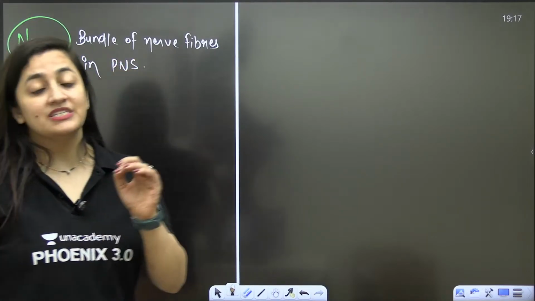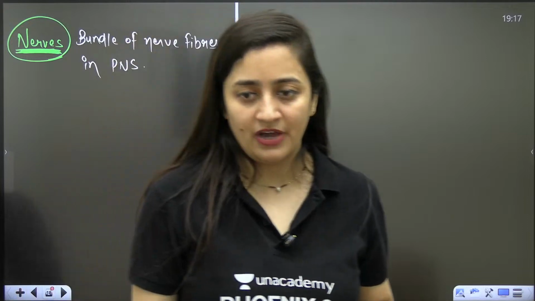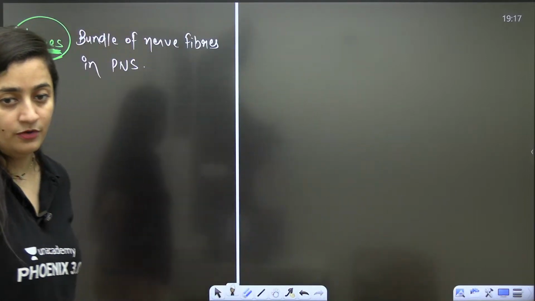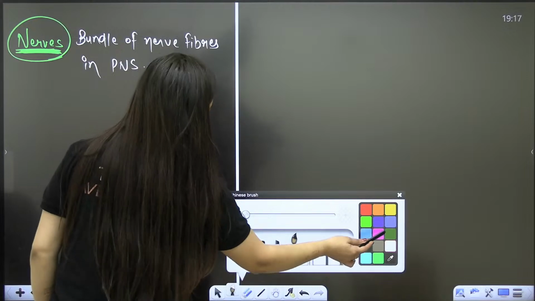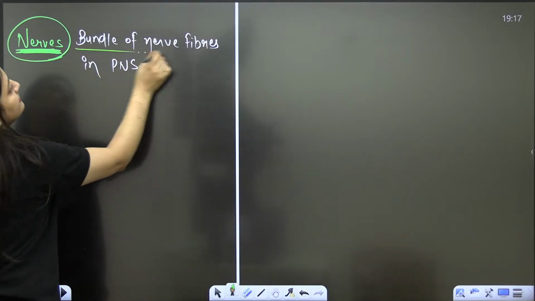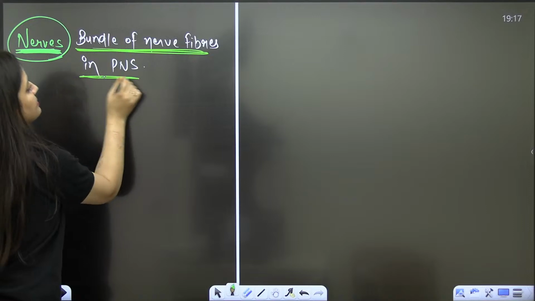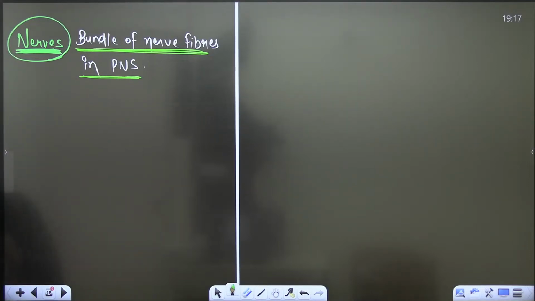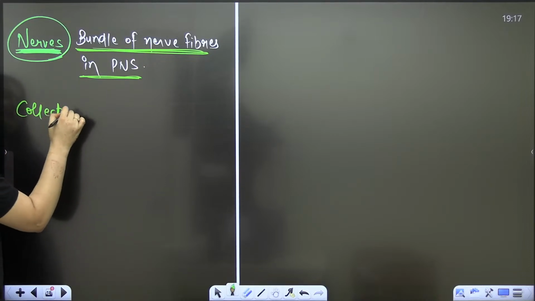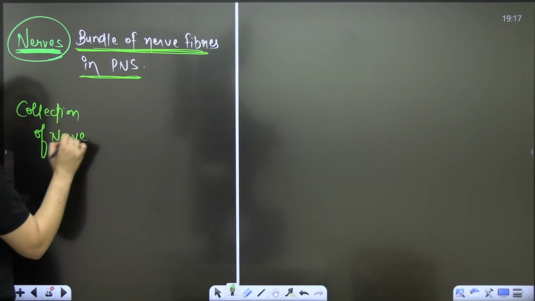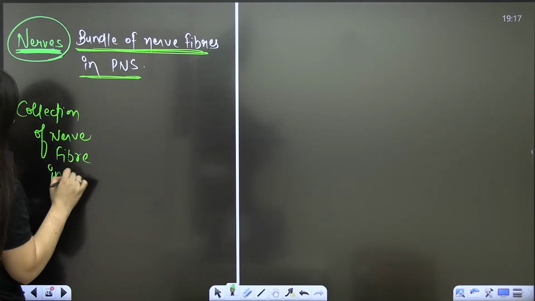So in the peripheral nervous system, like I told you, efferent nerve fiber. When we use the word nerve fiber, they are bundles. So when I use the word nerves, they are the bundle of nerve fibers. Is that clear? Nerve is the term for the collection of nerve fibers, and that is the term we use in the case of PNS. Okay? And the collection or bundle of nerve fibers in the CNS, the central nervous system,